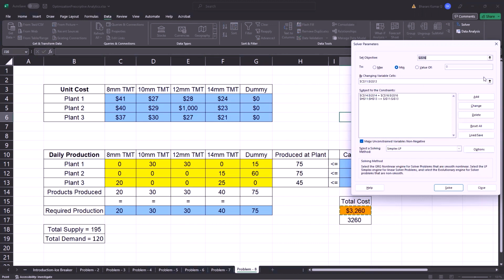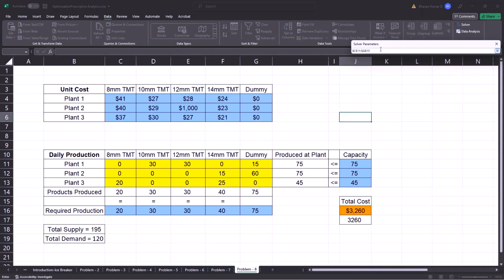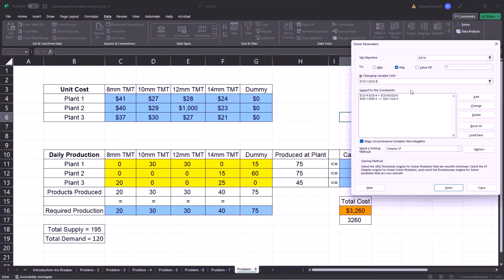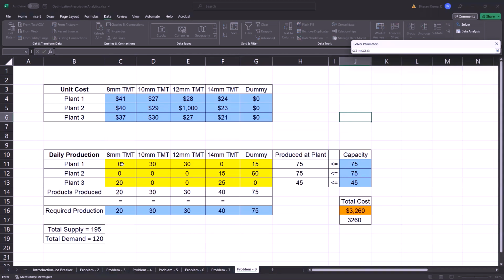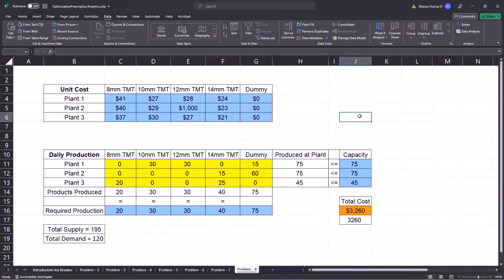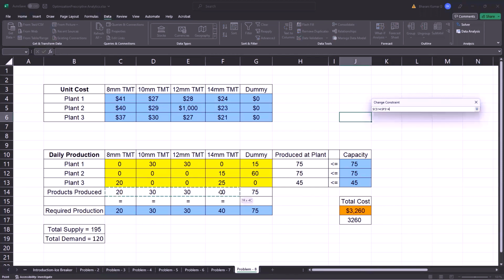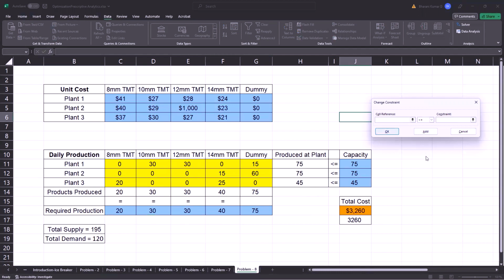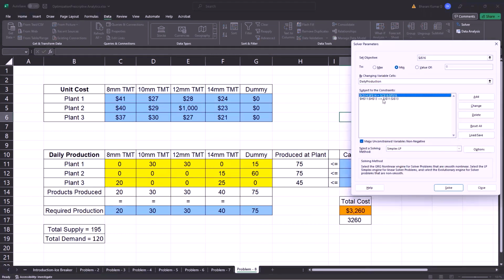So let's see. So here, the changing values, right? I'm going to select only these values. I'm excluding dummy completely, okay? And even in the constraints, I'm going to select constraints only until here. And these also would be selected only until here. Let me add another. Yeah, this other one I think should be fine. This other thing would remain as is anyways. Now, if I click on solve,